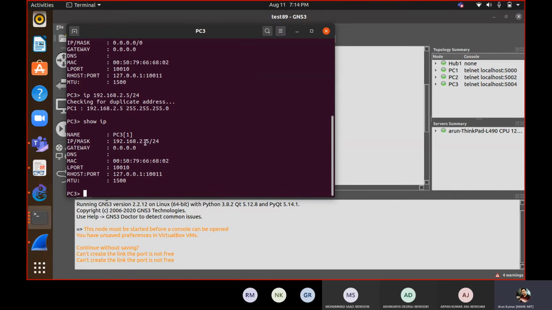We haven't provided any gateway address, so it is not there. Once we start doing routing operations, then this gateway is also required. So that comes as a third argument. After IP, the first argument, there is a second argument as the network mask, and after that the third argument this command requires is the gateway address, the edge router address. So all the three things we have configured with their IP address.